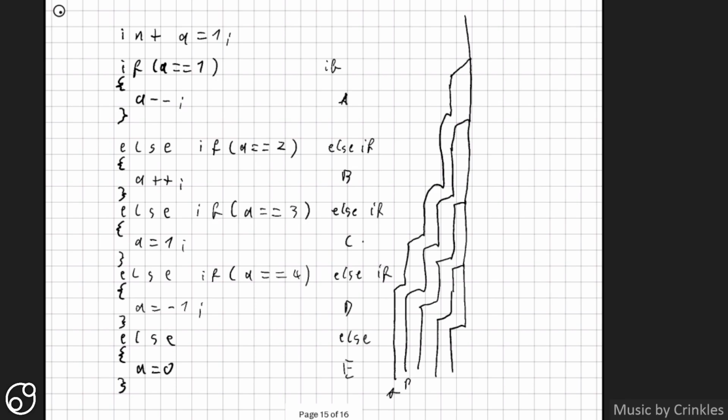So A, B, C, D, E. So we have 5 different branches of our code, 5 different ways we can go from up here to down here. And if you imagine these are rail lines, then each of these is a potential switch we're going to turn on. If you switch it,